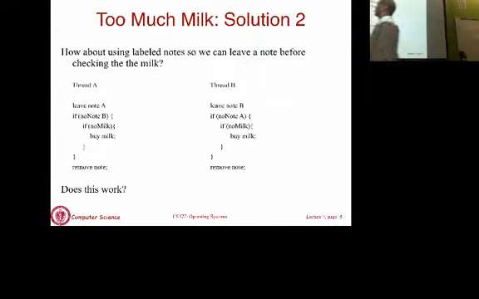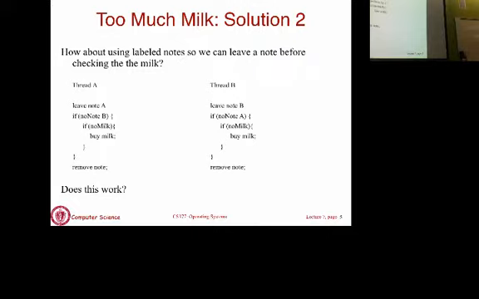So here, what the thread is going to do is you're first going to leave a note, and then you're going to make the check. Because in the previous case, because there was no note, you entered the if statement. So you're going to say, before I even open the fridge, I'm going to leave a note, and I open the fridge, and I look inside. So if I get scheduled out while I'm looking in the fridge, there is already a note, so thread B is not going to do it. And that's the basic idea of this solution.